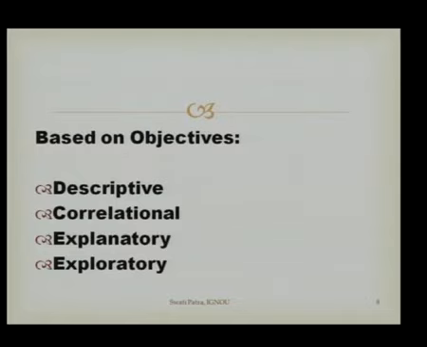So in explanatory research, we focus on finding out the cause and effect relationship. Here the variables are manipulated and there is random assignment of the sample or the treatment variables. That is why explanatory research follows the experimental design, which I'll be discussing later on in detail, and the research is conducted in a controlled setting. So external variables are controlled and the findings that we get are more conclusive. Internal validity is high in this type of research.